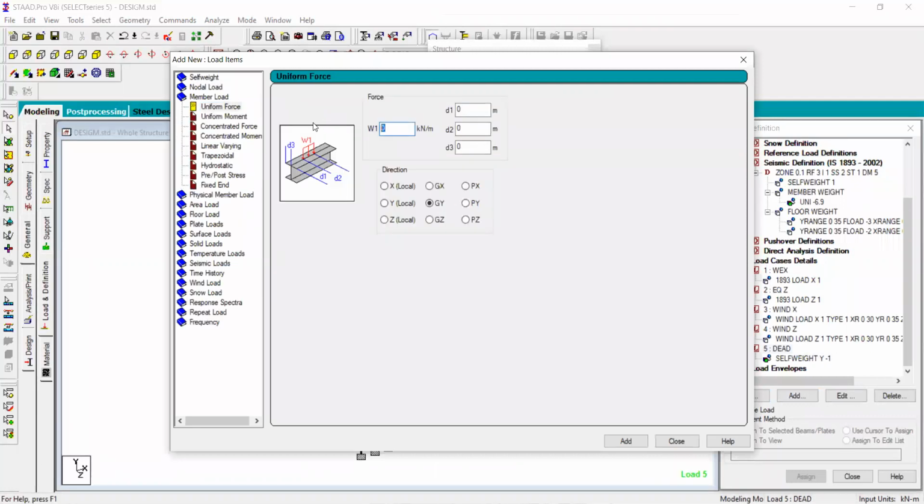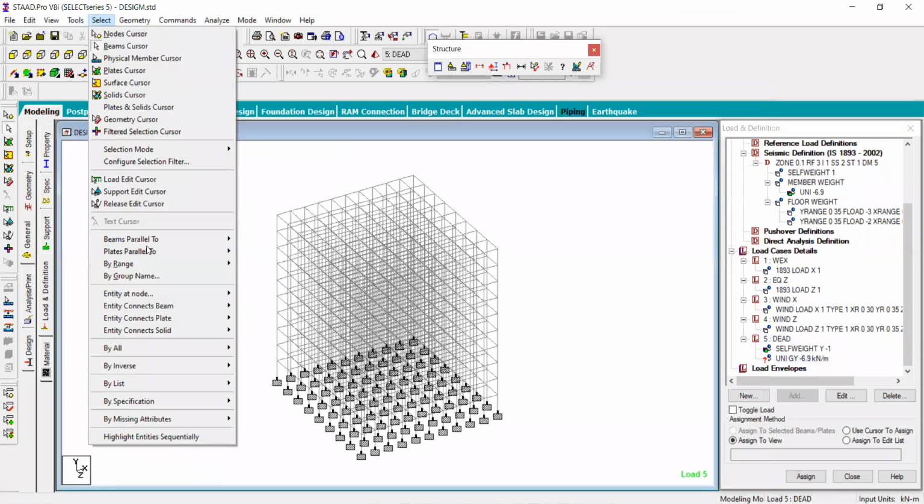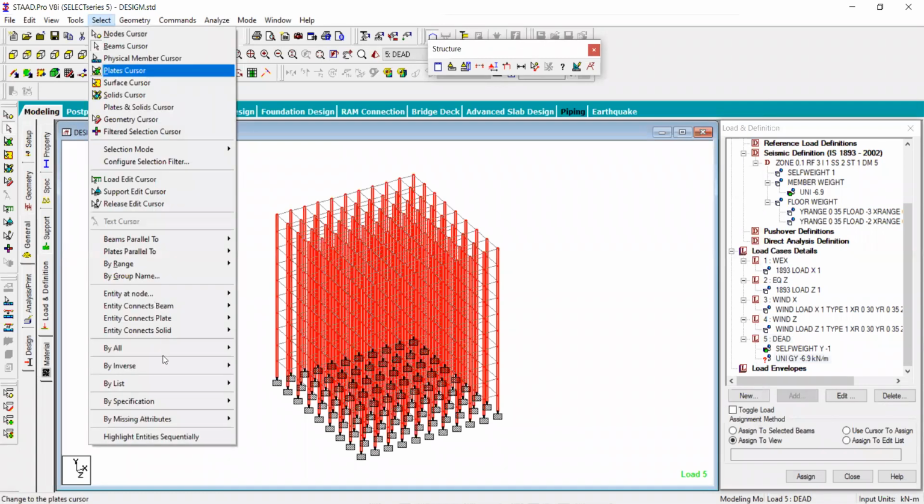We already calculated its value is equal to -6.9. Put here -6.9, and add. Again you come on this one, and again go for selections, beam parallel to y. Go for the inverse beam selections.